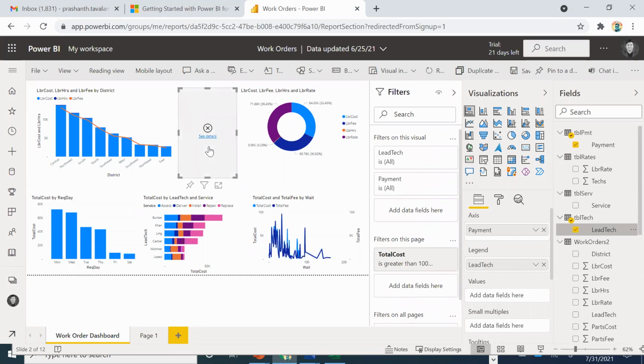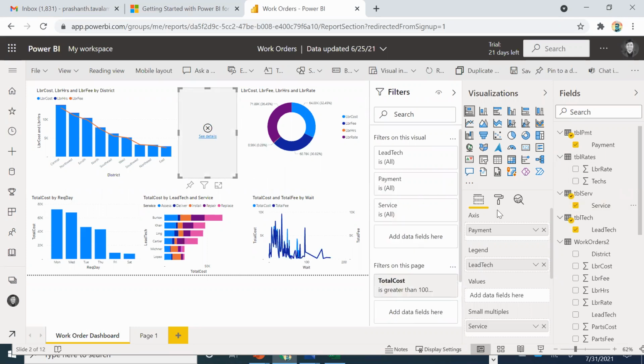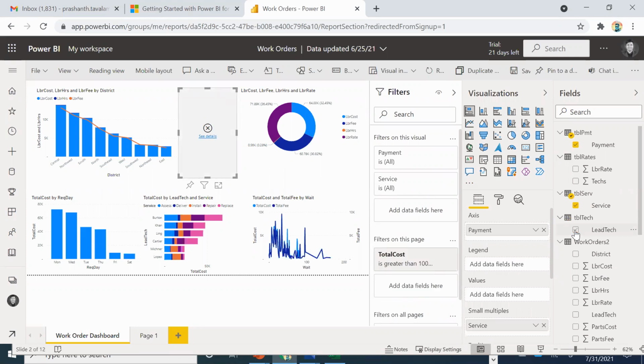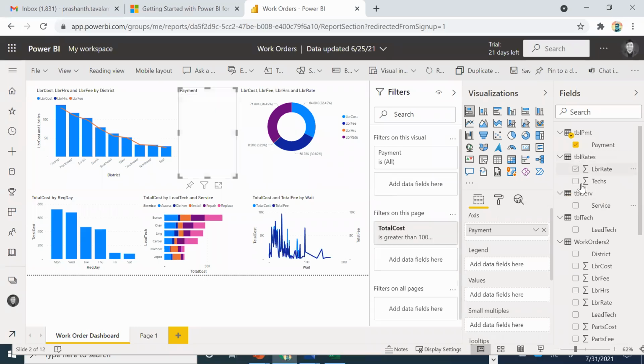So when I'm adding payments and lead tech, these tables data are not going hand in hand, and therefore this is failing. So let's try this out. I'll remove lead tech. Let's see if it will work. So this is also not working. So it's in a way.